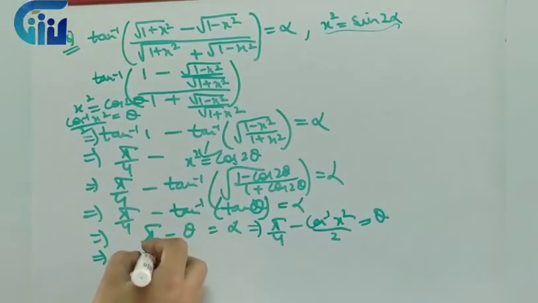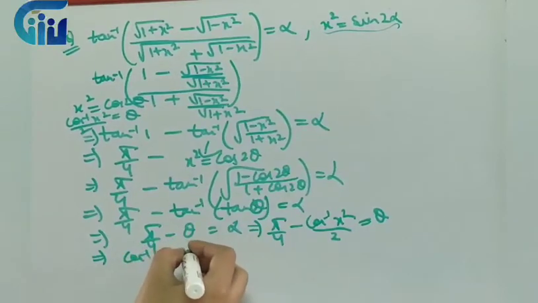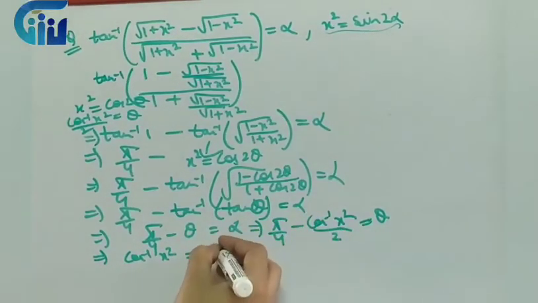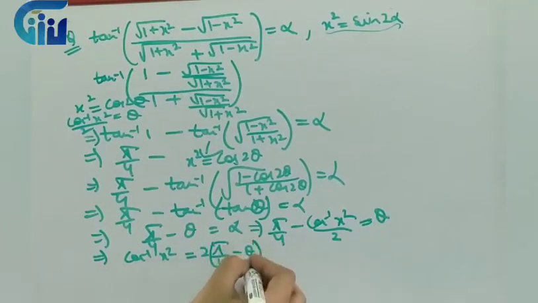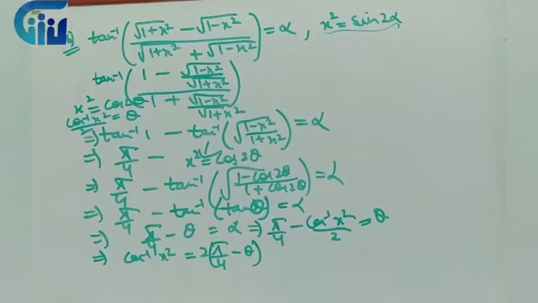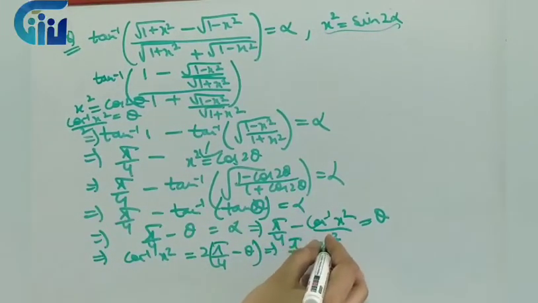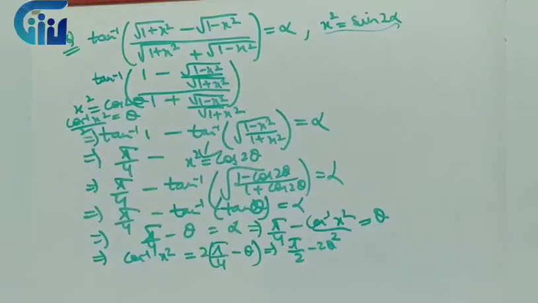Over here, I'll put x square as cos 2 theta, because if I have 1 minus cos theta, 1 plus cos theta, I'll be able to solve it easily. So, this is pi by 4, this will be tan inverse of 1 minus cos 2 theta and 1 plus cos 2 theta, right? Then further what I'll do, I'll just solve it up.